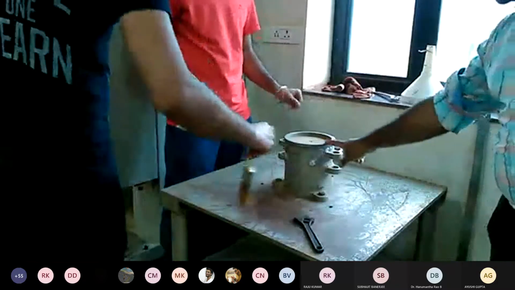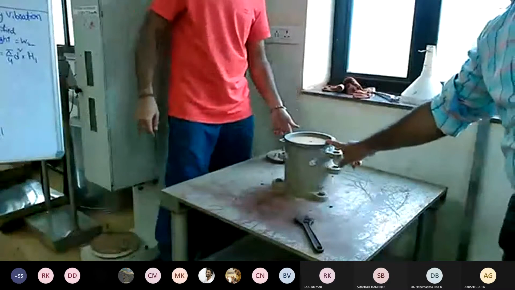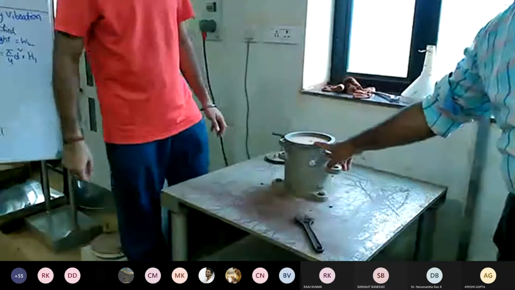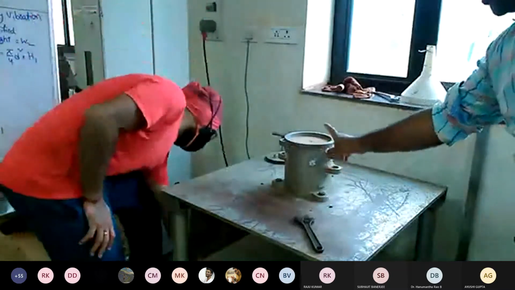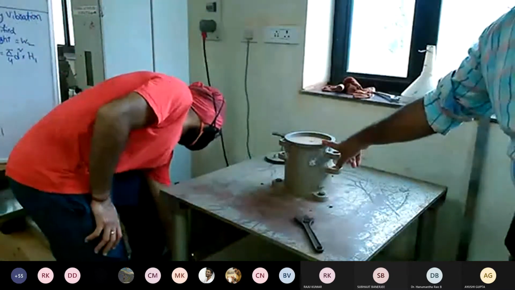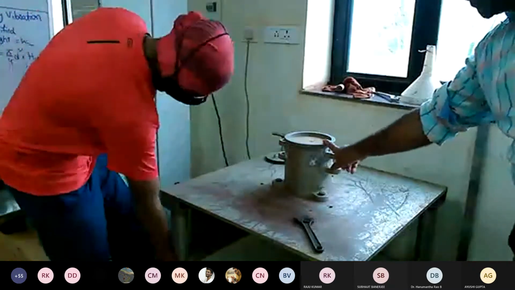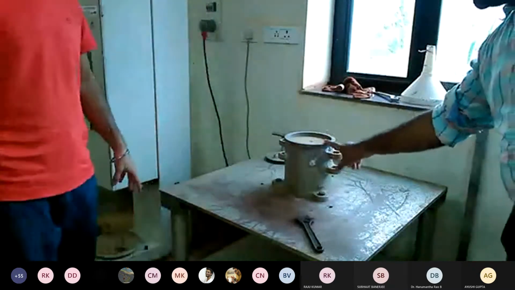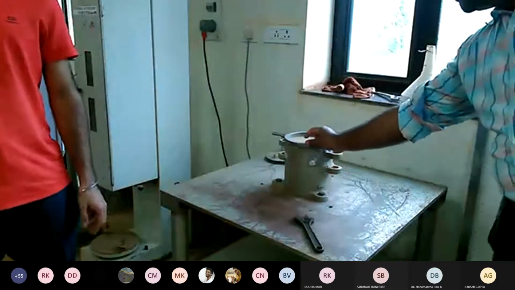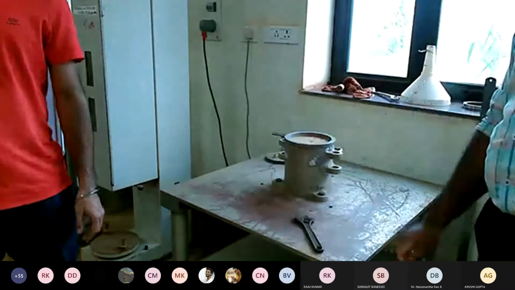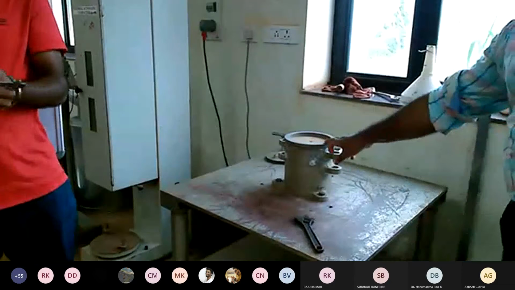You might have noticed that in the earlier step, we filled the sand up to the brim, exactly on top, it is visible. Now after vibration, you can see how much it has settled. This much volume reduction indicates this much improvement in the density. Now we are trying to measure this deformation, the total settlement, using the vernier.